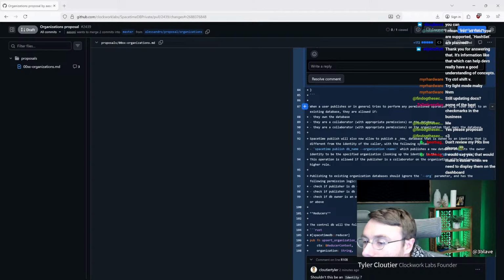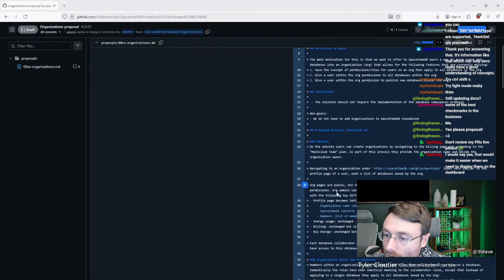Spacetime Publish DB name organization name, which publishes a new database and sets the owner identity to the specified organization. One thing I will throw out is that